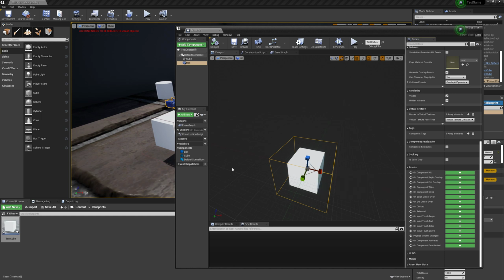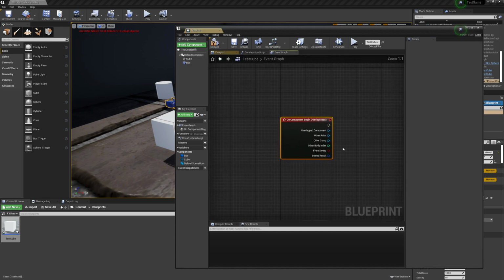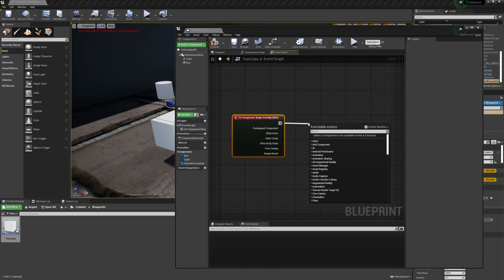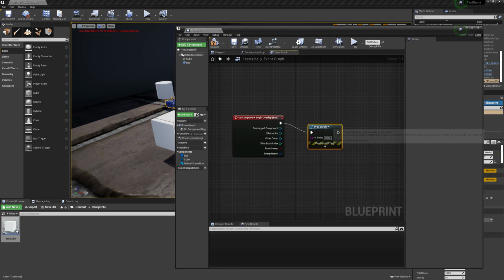It will check if the player is touching this collision, meaning it's on it, or the capsule collider is right at the border, touching the box collision. Then we'll run some code constantly. Begin overlap means it runs only once when it touches, and end overlap, it runs only once when it stops touching the collision. So if I want to do a begin overlap, what I could do is just print a